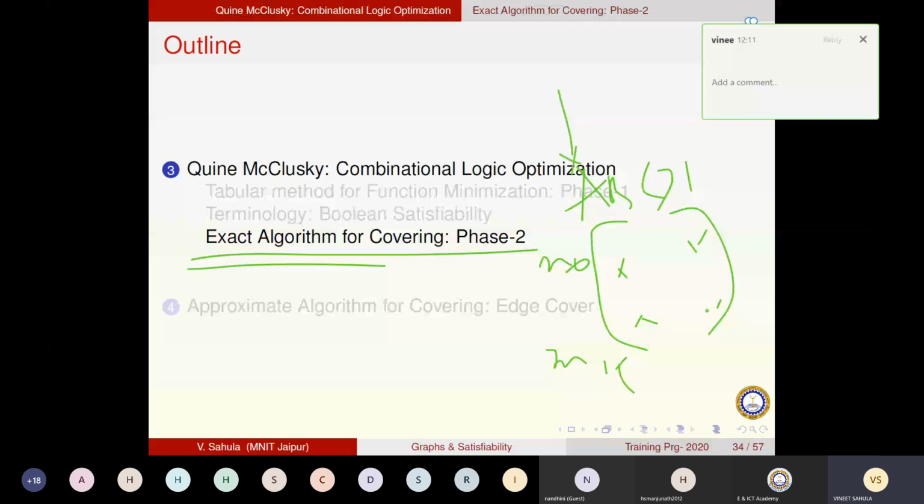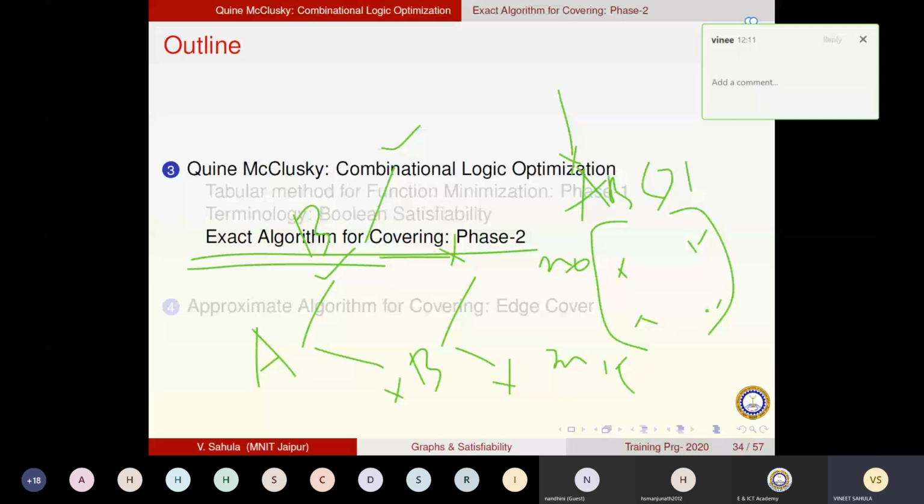So if I have to take a decision on column A, chosen or not chosen, for each of such decisions, what will the decision on B be? Chosen or not chosen? Chosen or not chosen? So how many options will there be for 4 columns? 16 options. So I have to explore all 16 options.